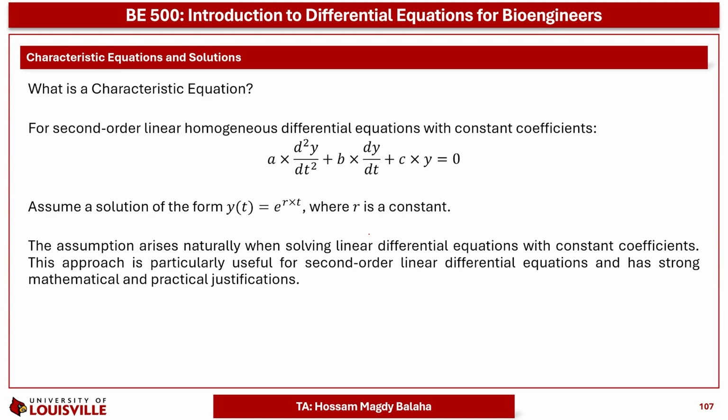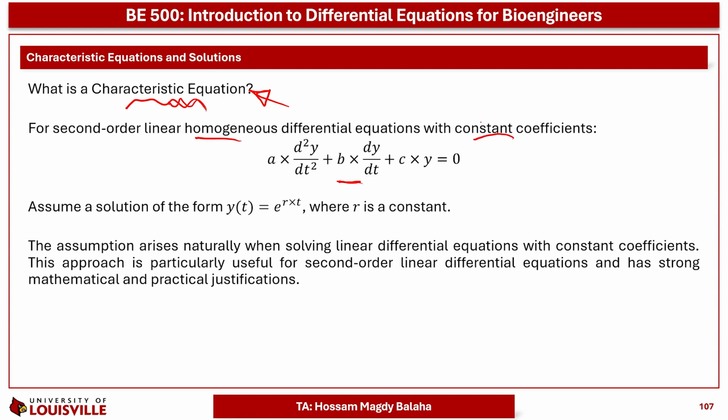Once you have a homogeneous differential equation and the coefficients a, b, and c are constants, then you can handle it using a characteristic equation. Based on that characteristic equation, you can find the different solutions with the different oscillation types. So to use the characteristic equation, ensure that your equation is homogeneous